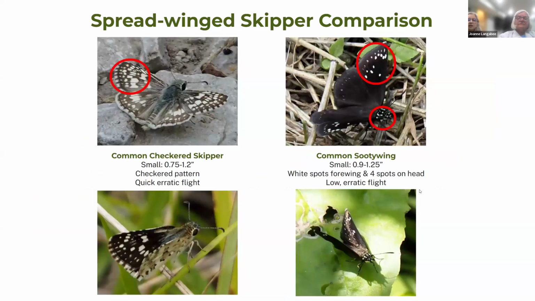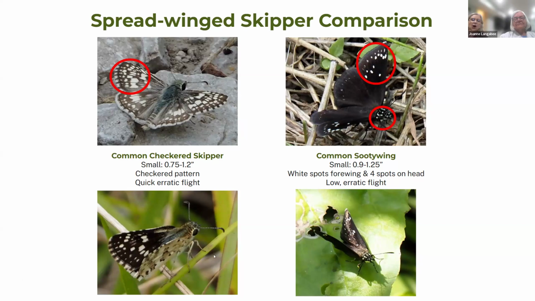The common checkered skipper is one of my favorite butterflies. The background color can be a different shade of gray or brown, kind of a brown gray, or a dark charcoal. And some of that depends on the season and whether it's a male or a female. And then it's like they put this white lace pattern down on top of it. And it's very pretty. And they also can vary in their patterns, but it's pretty unmistakable.